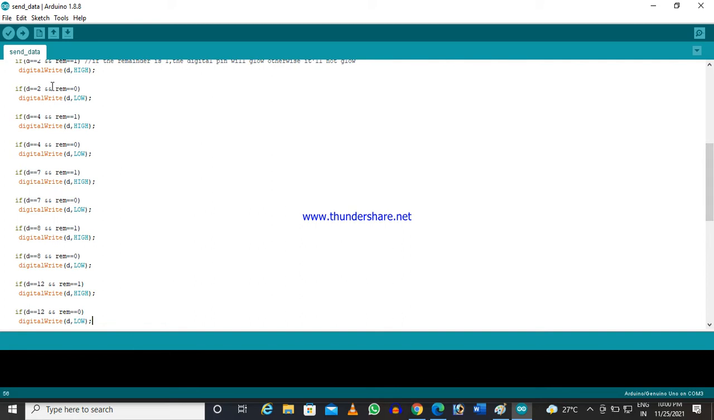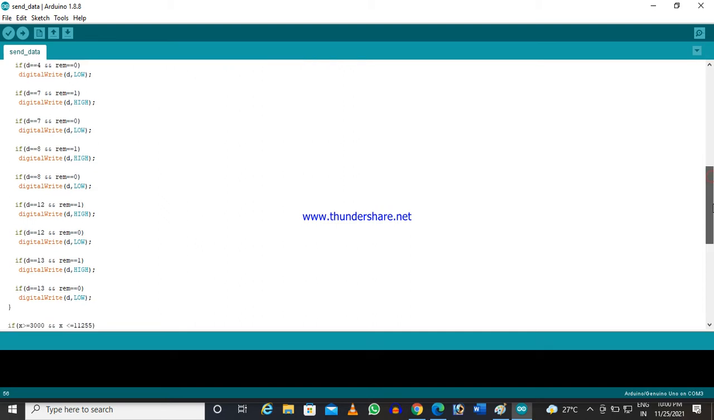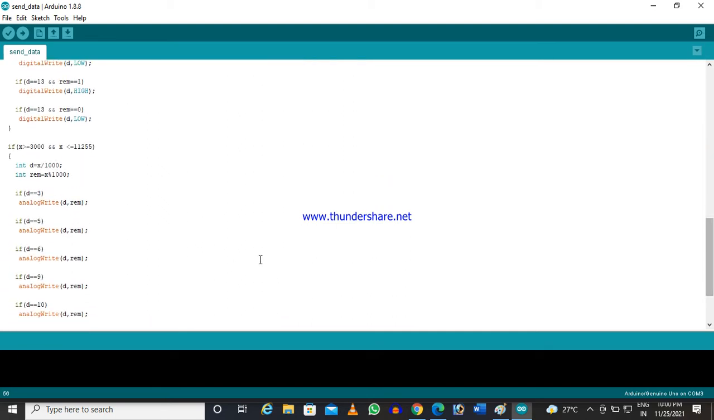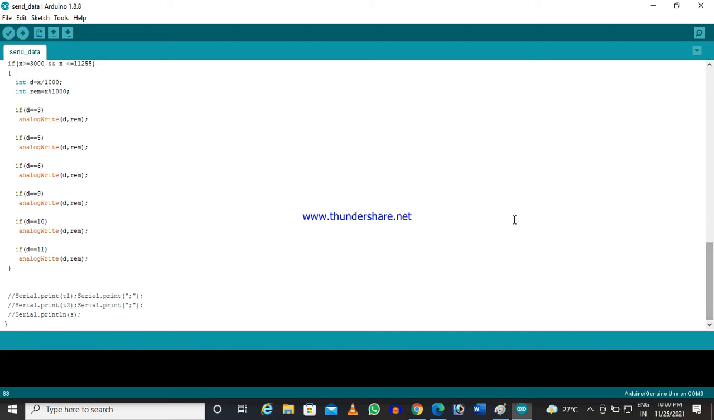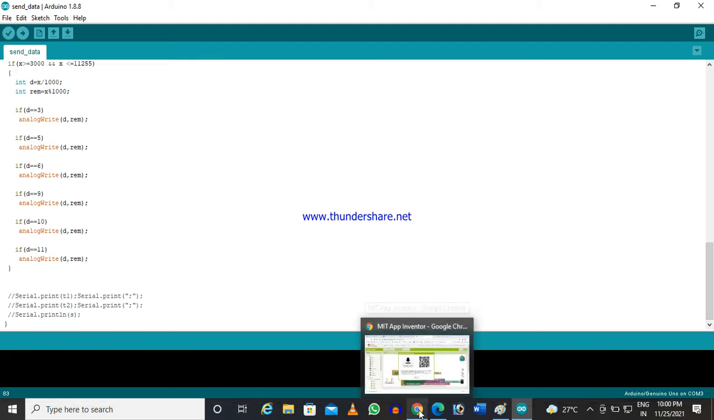So here we have connected some LED with pin number 2, 4, 7, 8, 12 and 13. So we will be controlling those LEDs only. Okay, so this is the second part, and this is the third part. And this is the last remaining part. Now I am coming to the